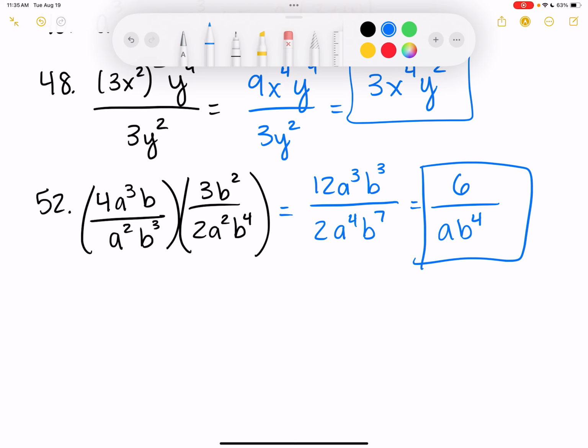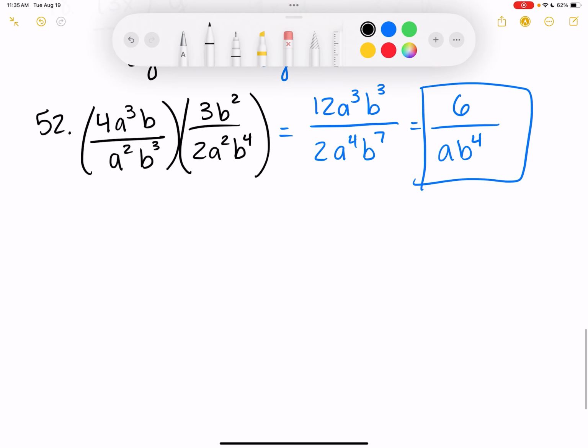All right, the last few things in this section are some scientific notation review stuff. Basically the first problem, they want us to write in scientific notation. The second one, they want us to change it from scientific notation into decimal form, meaning either write out the really big number or write out the decimal. And then the last one will be combining using our rules of exponents. So 58